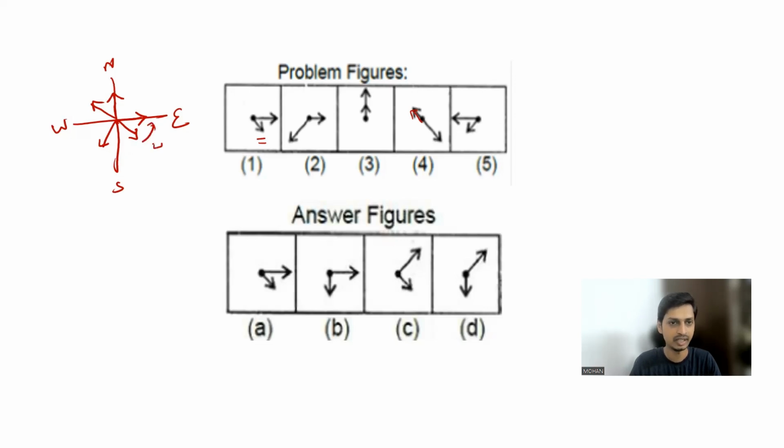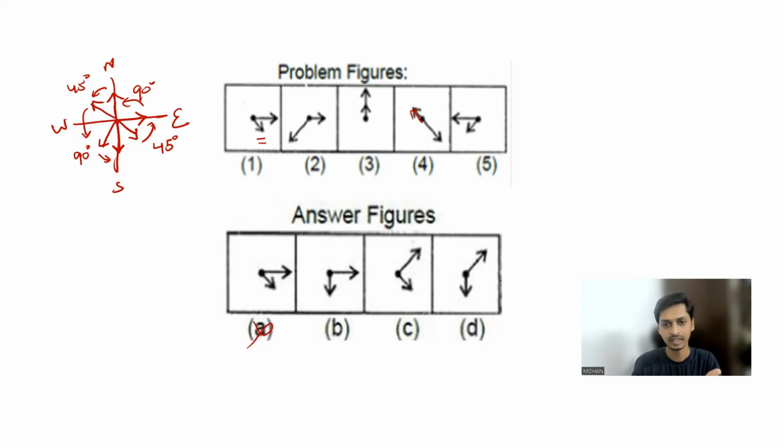So it's a 45-degree anti-clockwise. It is a 90-degree anti-clockwise. It is a 45-degree anti-clockwise. It is a 90-degree anti-clockwise. Then again, you will get a 45-degree anti-clockwise movement, which means this needle has to point south direction. Now look at the small needle. In which box you could see the small needle pointing to south direction?